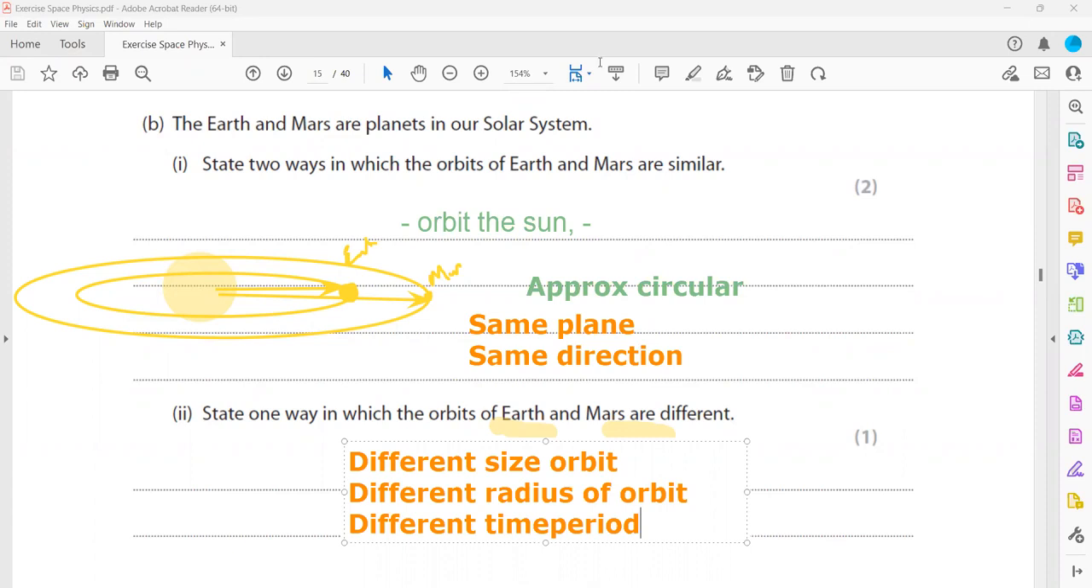Is it clear how the orbits of Mars and Earth are similar and how they are different from each other? Yes, sir, clear. The next part,